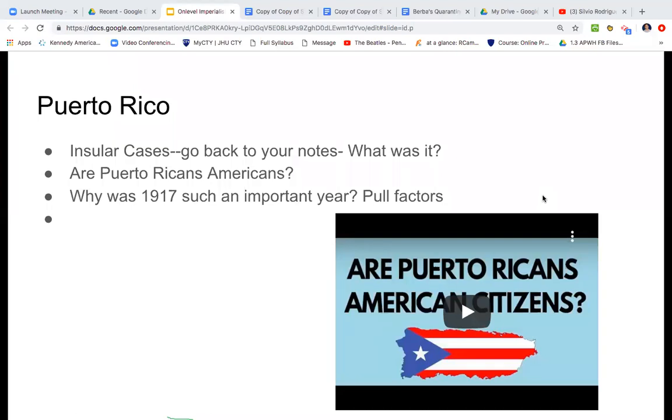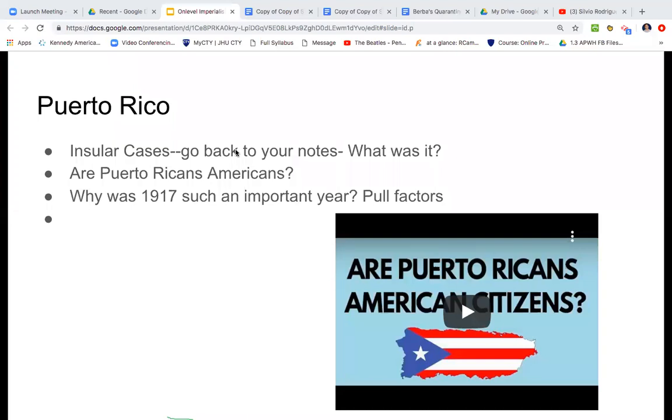So in short, why was 1917 such an important year? Because Puerto Rico becomes recognized as an American territory. So you get a lot of Puerto Ricans that end up migrating to the United States for job opportunities. So the insular cases state that territories such as the Philippines and also Puerto Rico